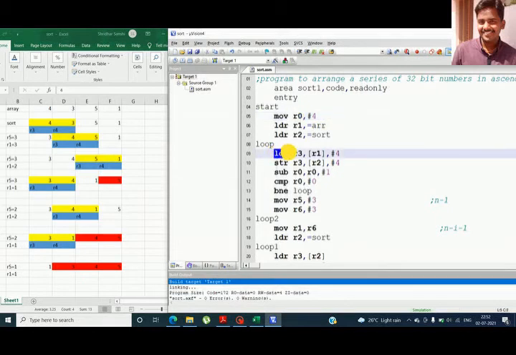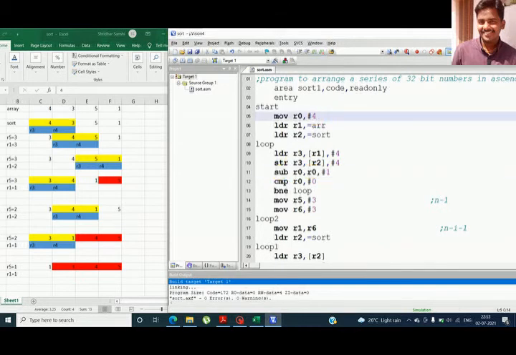First I will copy the content from this memory location and place that value into the register R3. So initially 4 will be copied to R3, and the same value I'm putting to the address pointed by R2, that is sort. So 4 is copied, and then I reduce the number of elements.